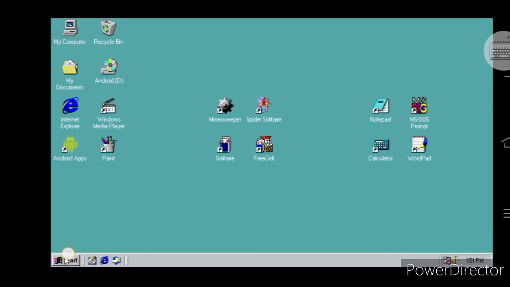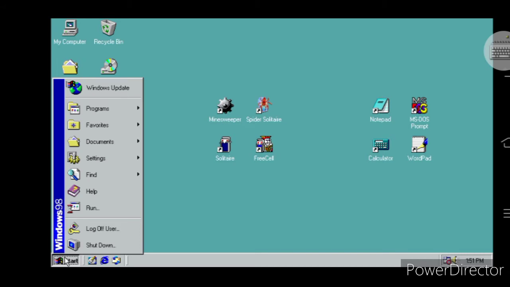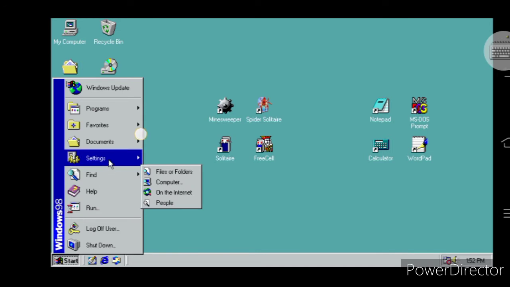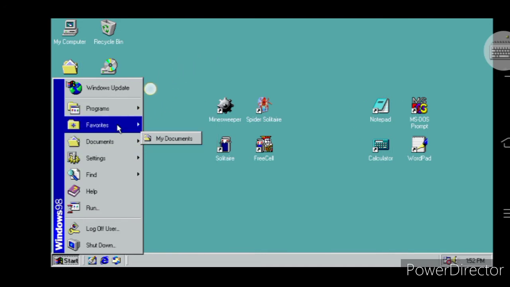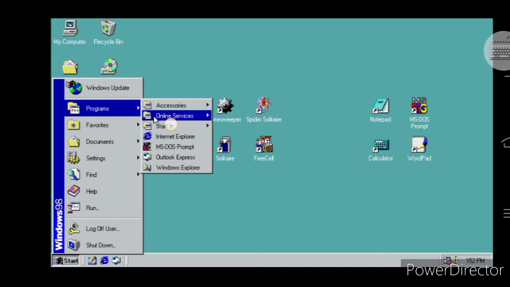Now click start. If you click start, on the left side, the last button is shutdown, then log off, run, help, find, settings, documents, favorites, programs. You have also programs. Now click on online services, startup, Internet Explorer, or you have Windows also.